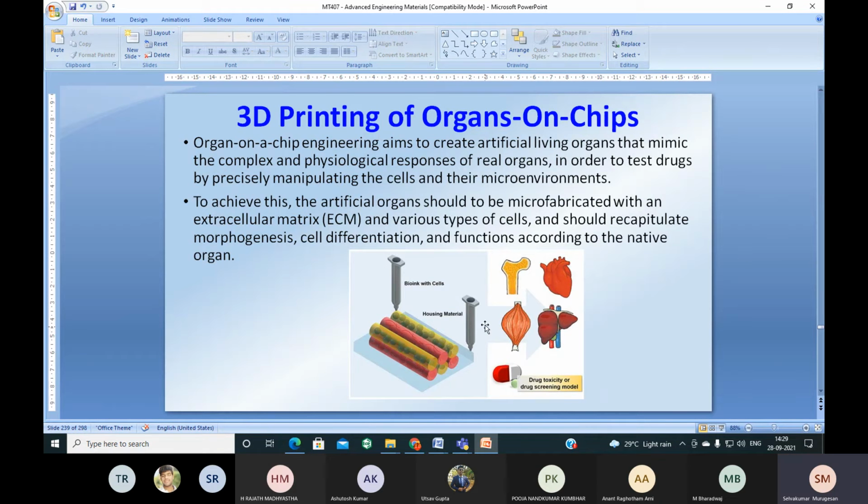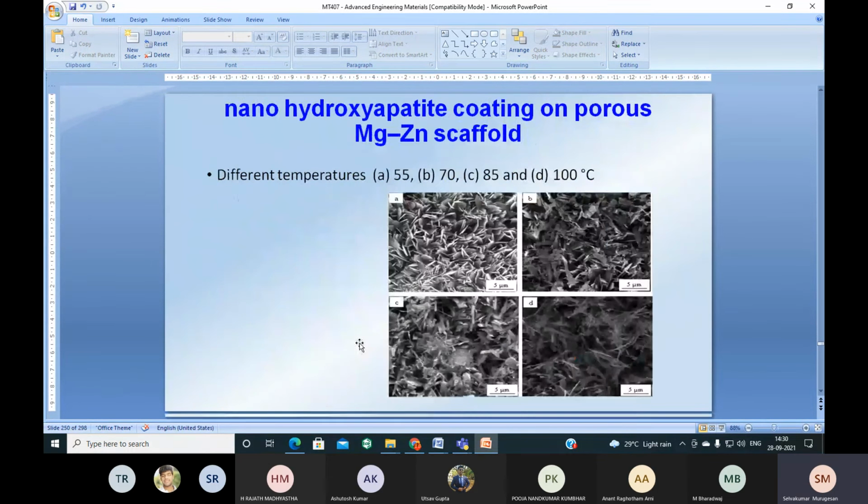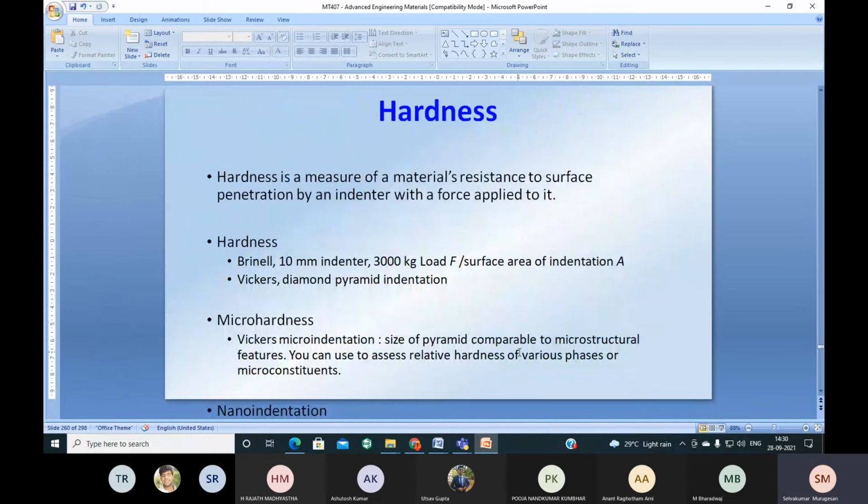So as a result, you can take the material and load the drug as much as you want. They can mix well, and simultaneously you can deposit on the substrate layer by layer. Okay. And if you see the types of 3D printing,